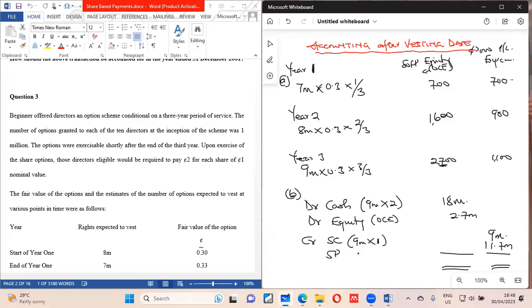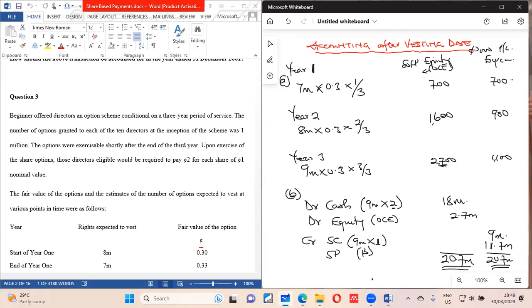So that is what, and here you see it as a balancing figure that is going to your share premium. The share premium herein is, what do we call it? The figure of 9 million, these two, the balance of the one. You see, we used one. The balance of the one is what we are saying will be going into your share premium, and therefore you balance this thing of having 20.7 million here.